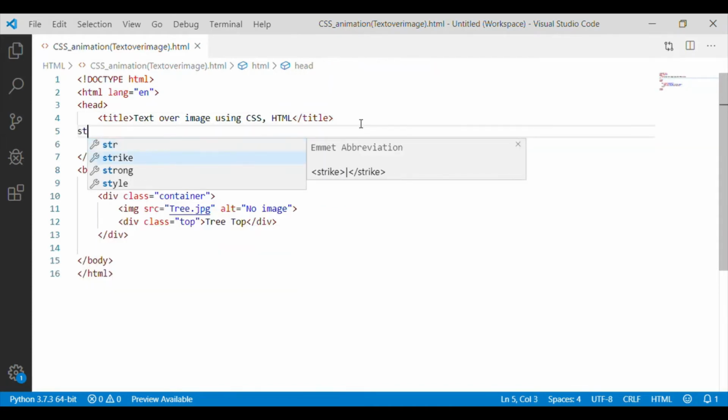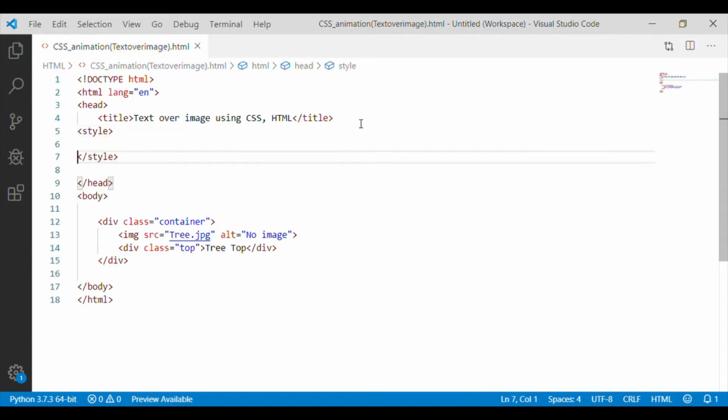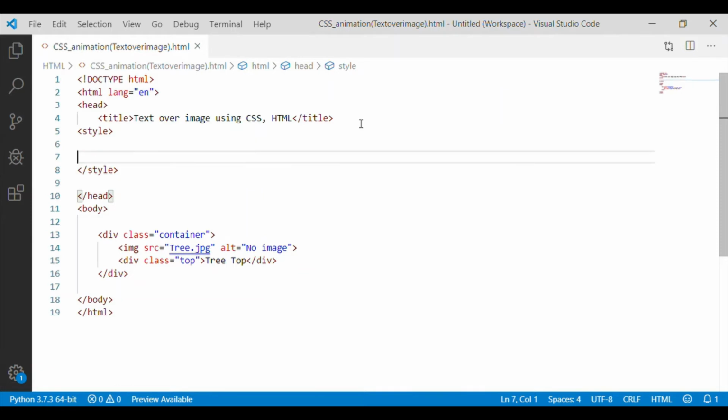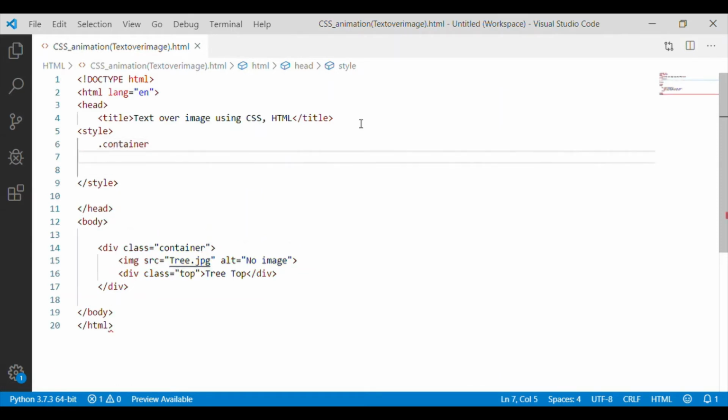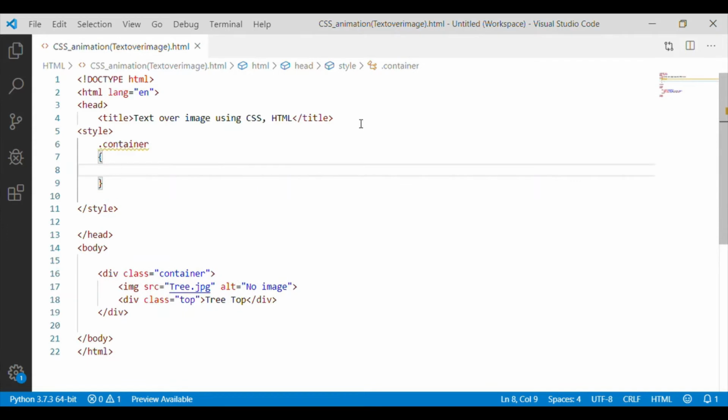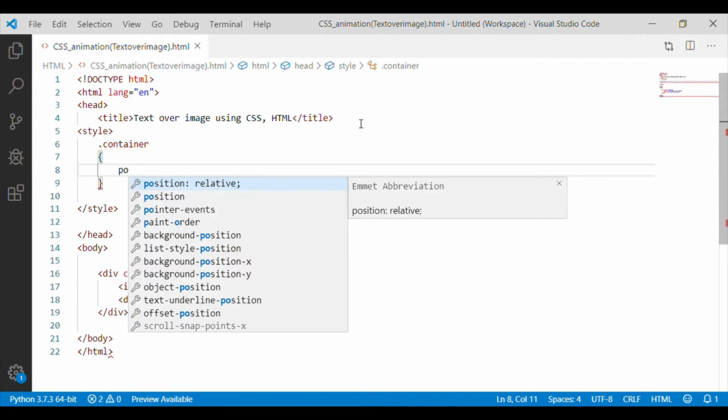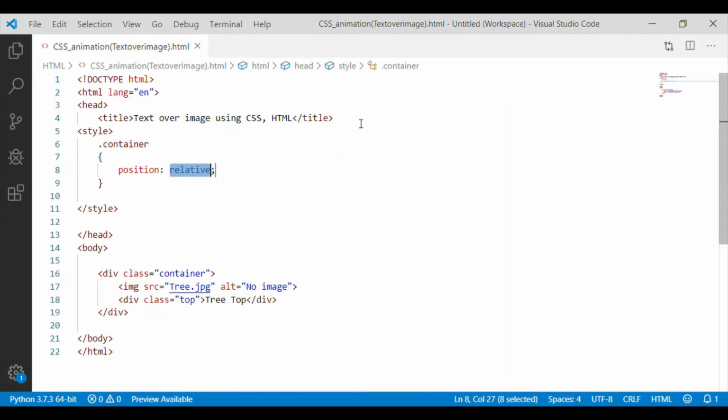So I will go back to the head portion of HTML and then bring the style element. Inside the style element, let me do first the styling for the container. The container is the one which holds both the image and the text over the image to be printed. The container position shall be relative.